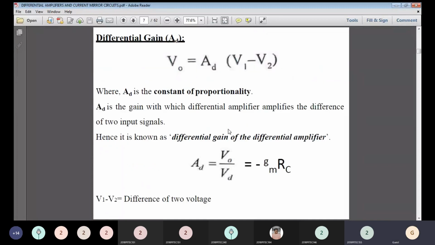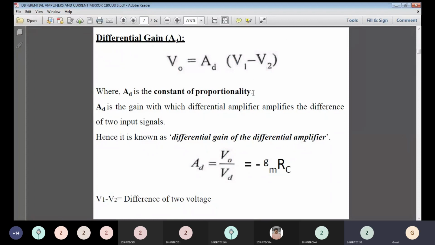The first mode of operation is the differential mode of operation. In differential mode, we are going to calculate the value of the differential gain, which is AD. We know the proportionality constant is given here as AD. AD is nothing but a constant value, and that value is the differential gain. Gain is nothing but output divided by